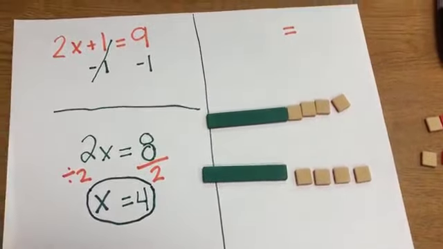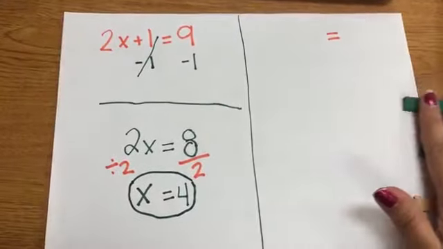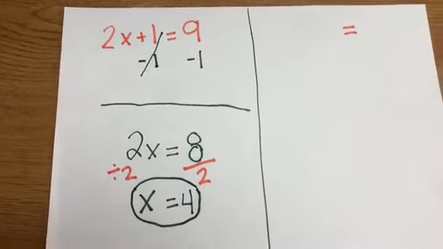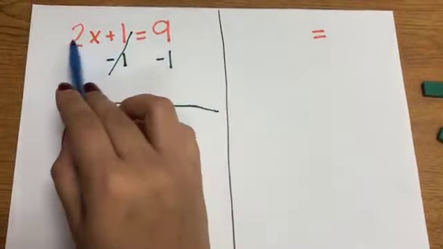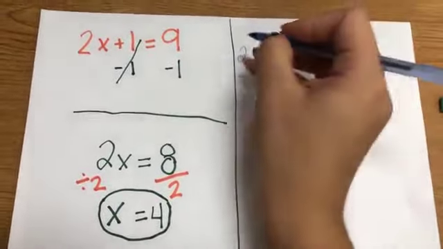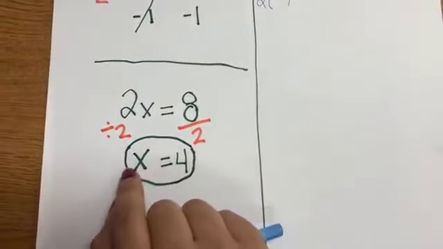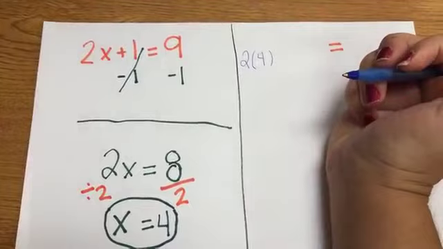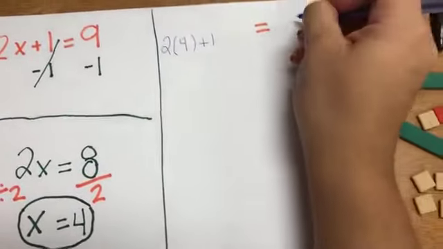All right, now there's a way that we can double check our work. I'm going to scoot these to the side. A way that we can double check our work, which is what we'll always want you to do to make sure you're right, is I'm going to rewrite my original equation. So I had 2, and instead of putting x, I know what x should equal now. X should be equal to 4 for this equation. So I'll replace that x with a 4, and I know that that is plus 1,